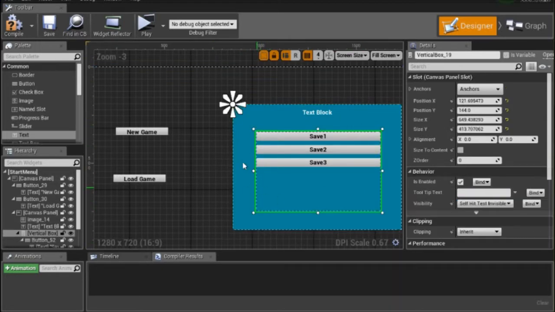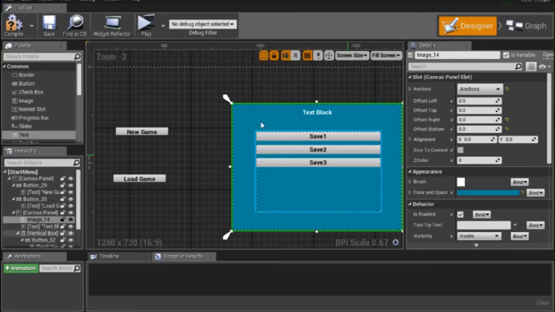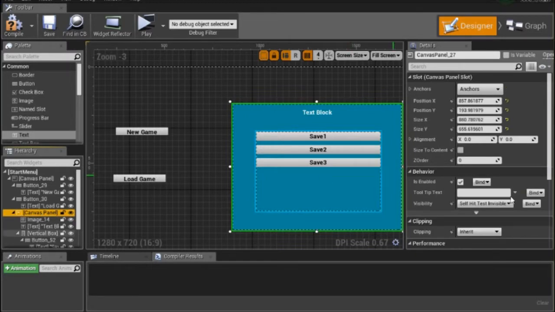So if you press here on the image, you will see the image will be selected. So be really careful, we don't want to only choose the visibility of the image, we want to choose the visibility of the complete canvas panel. So we have to select the canvas panel. That's something that happens to me a lot, that's why I'm saying it. Then here on the right side we have visibility. You see here on the behavior visibility,